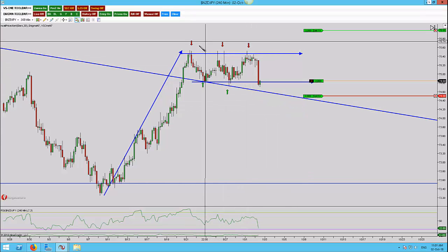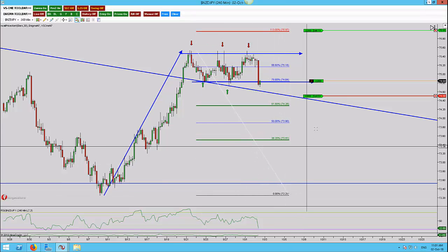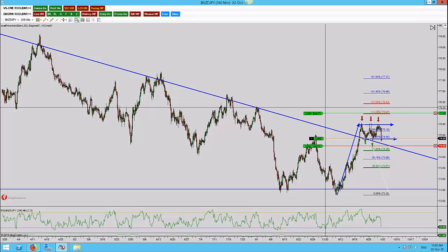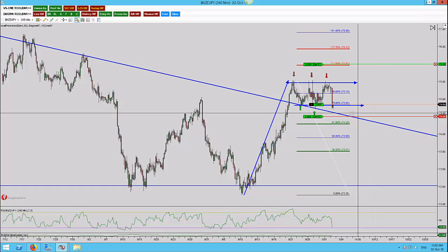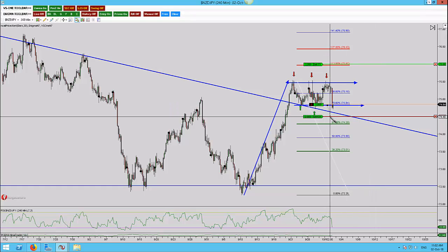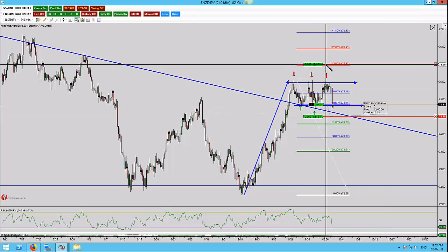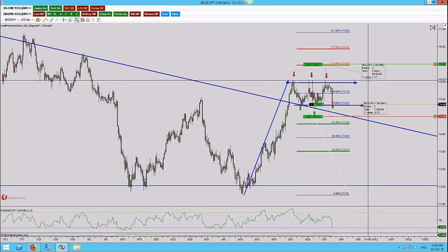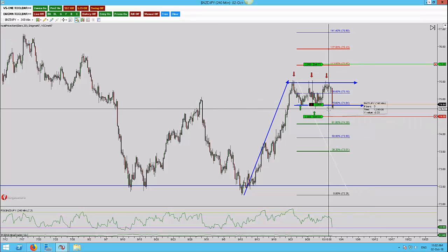So what I'm looking at is, if we put a fib on here, I usually look for the 127 fib extension. However, in this instance I'm not doing that purely because we've got a psychological number at this 7600, so as you can see that's where I've got my entry. And so what this means in terms of risk, I'm risking 33 pips here for around 117, and what I'm going to do is take you to the higher time frame,